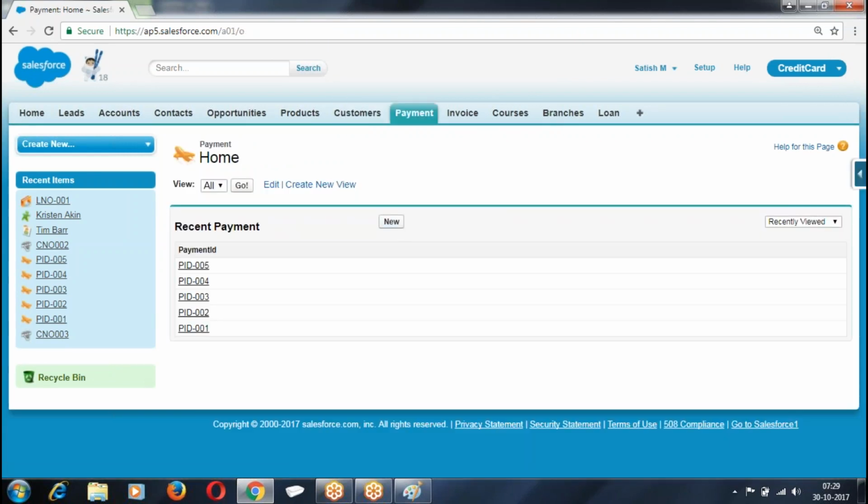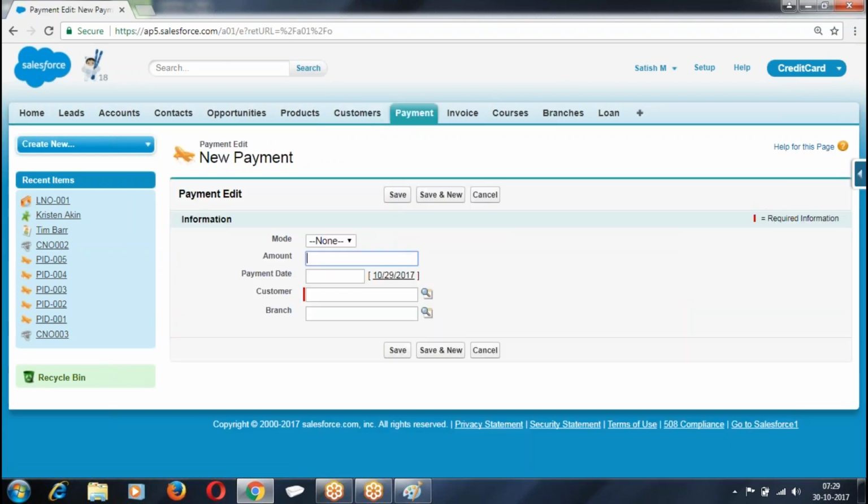Now, payment is what? Payment is a child of customer. Now, child can refer to corresponding parent data. So, whichever the customer is making this payment, that customer data should be displayed on the payment record. So, you are trying to print the parent record data on the child. Parent may have a number of child. On every child, we want to print the corresponding parent data. So, how is it possible?